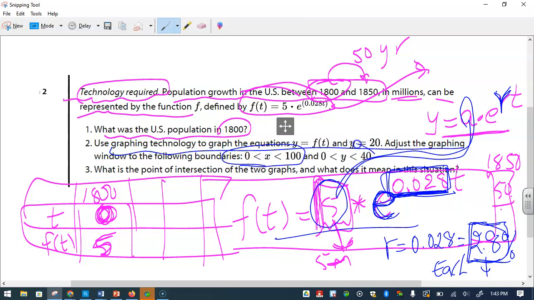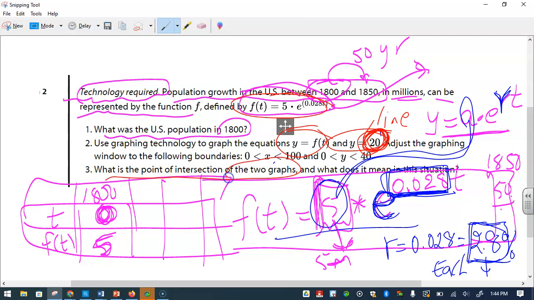We have to change the window to 100 for x and 0 to 40 for y. He's asking us to use graphing technology to graph this. So here you're going to graph two things. One is this whole thing that's given to you, and also you have to write a line, y equals 20, because it's 20 million. We just want to know when the population will be 20 million. And let's graph. What is the intersection point of the two graphs? What does it mean? So let's go directly to